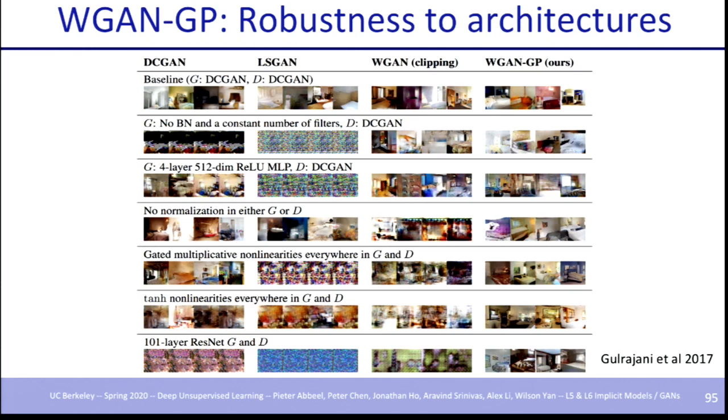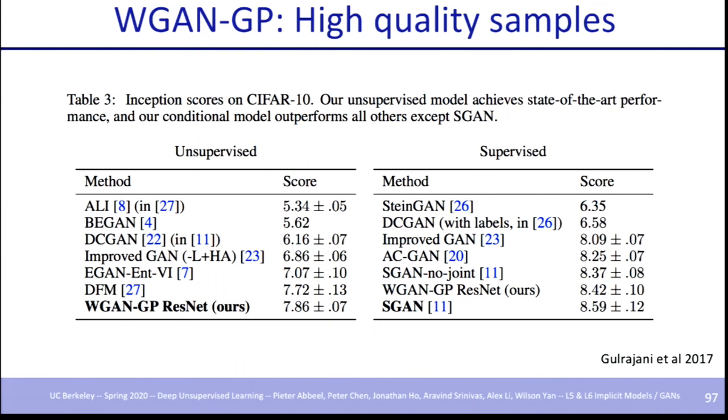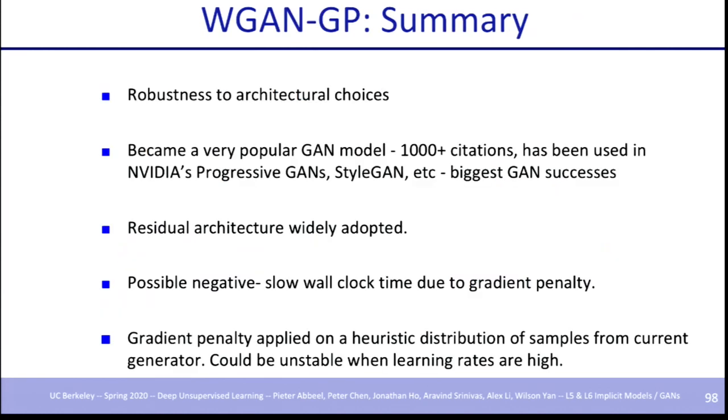And you can also see visually how WGAN GP produces better samples than WGAN clipping, which is the original WGAN, across various different versions of the architecture. And finally, the bedrooms got better. So that's what matters. All right. So it was state of the art on CIFAR as well, on Inception Score. And it's a very highly adopted architecture or model. A lot of people just take that code and run it on a new dataset, and it almost always works. So the paper is very highly cited.